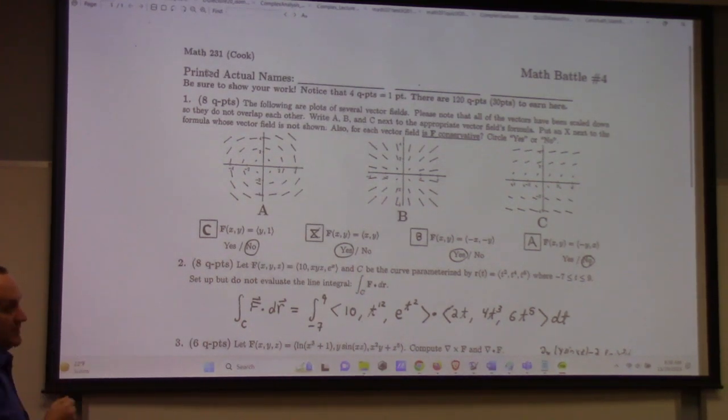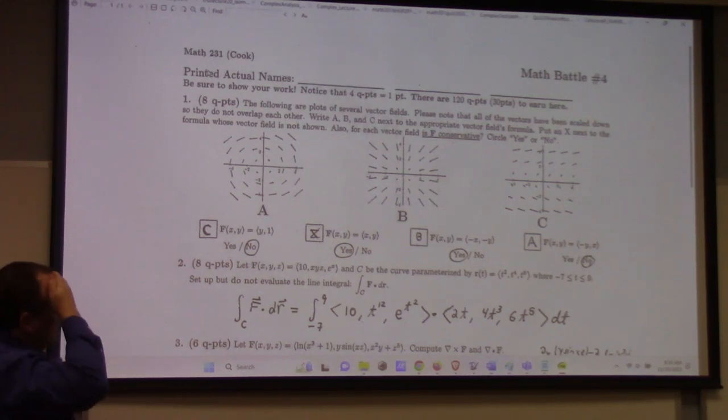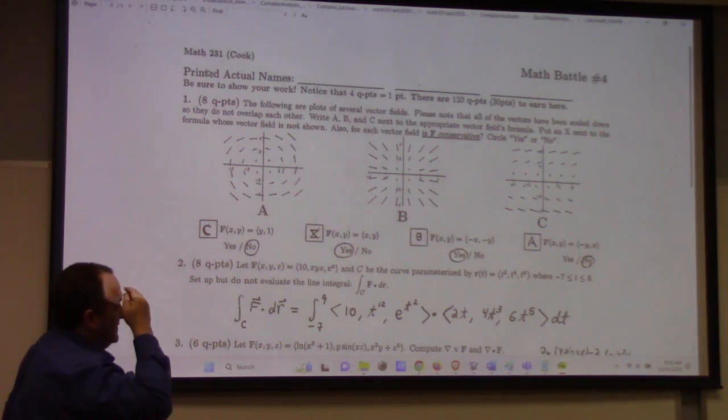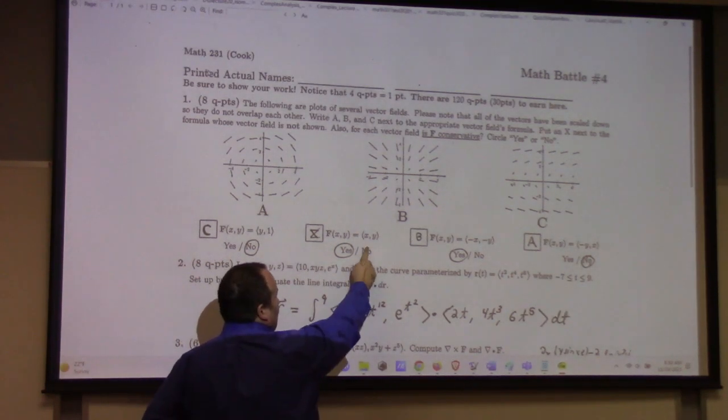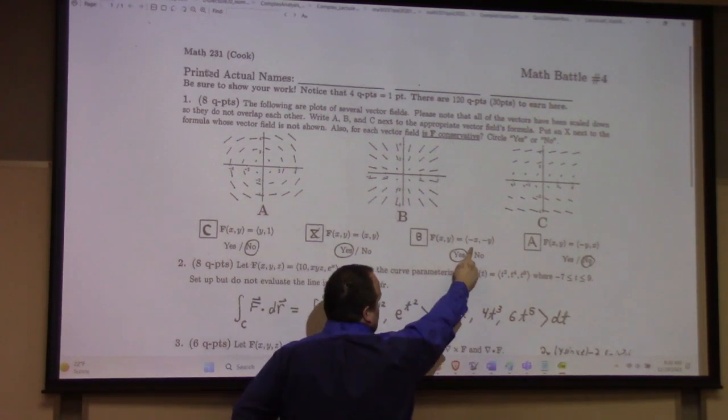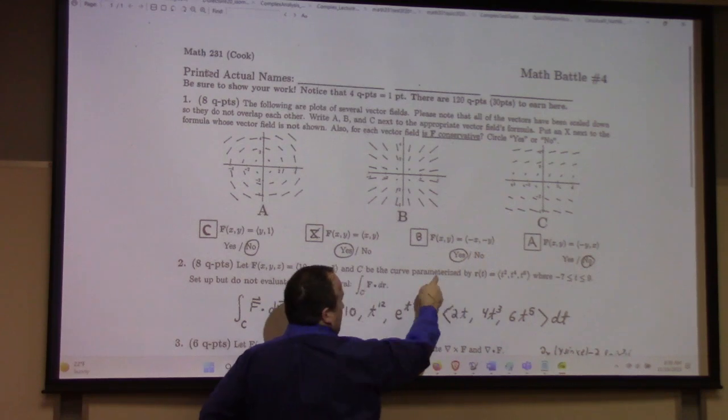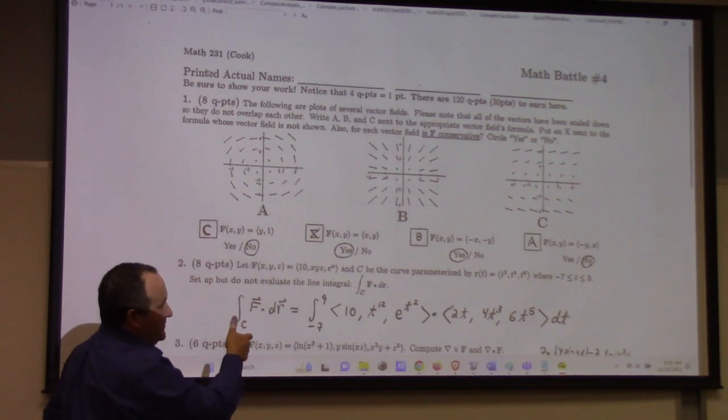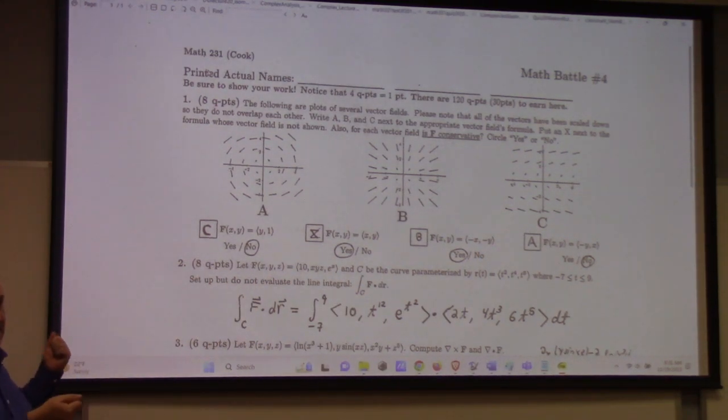It's that one. Are they conservative? Well, you can pretty easily see that 1/2 (x squared plus y squared) has that as its gradient. Minus 1/2 (x squared plus y squared) has that as its gradient. So yeah, the middle two are conservative and the outer two are not, because if you take the curl of those,